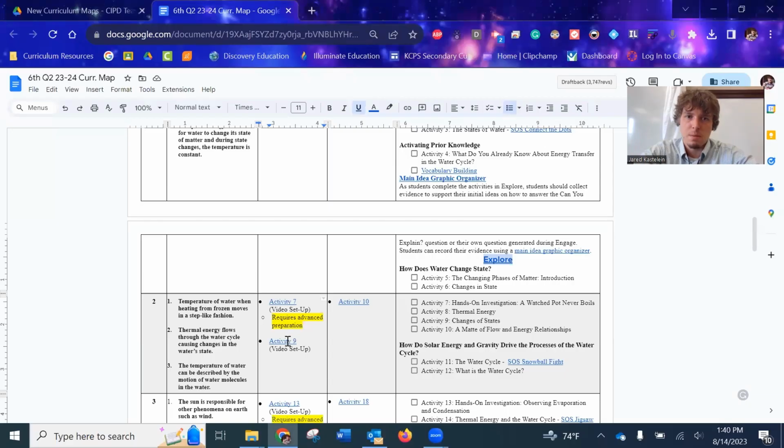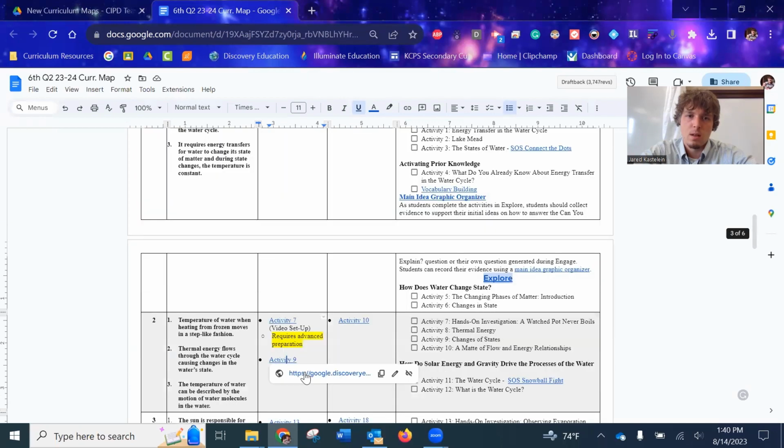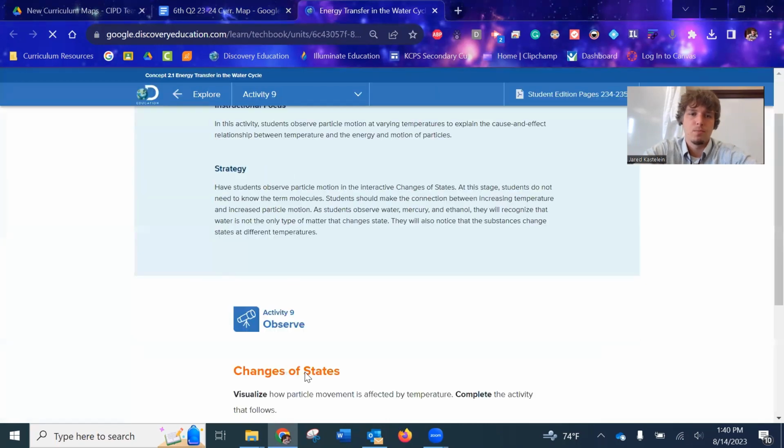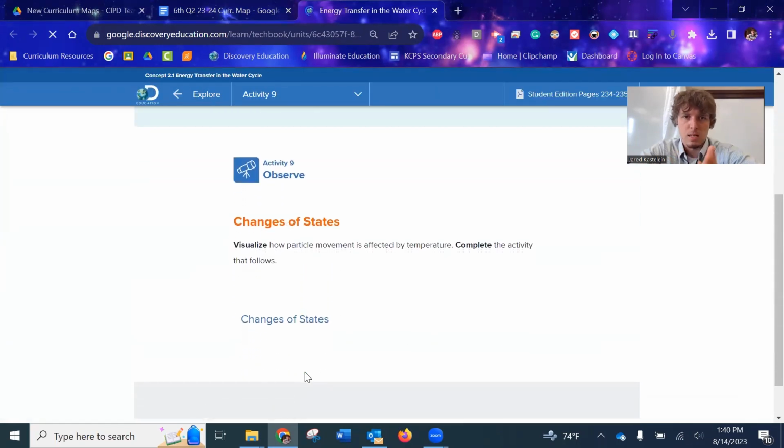This one is a simulation. We are doing activity 9. This is 2.1, activity 9. I'm going to go ahead and get there. As always, multiple ways to get to our activities. I like using the curriculum map. All right, as this loads up,